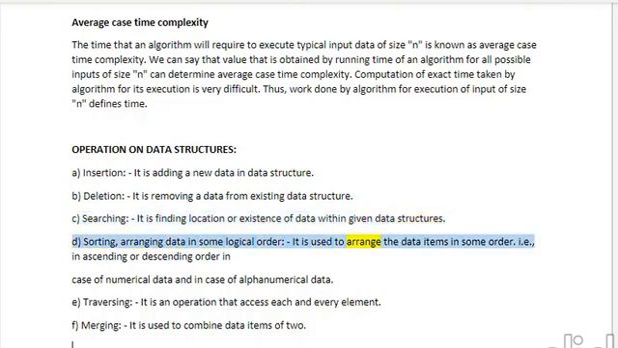It is used to arrange the data items in some order, i.e., in ascending or descending order in case of numerical data, and in dictionary order in case of alphanumerical data. E. Traversing. It is an operation that accesses each and every element. F. Merging. It is used to combine data items of two